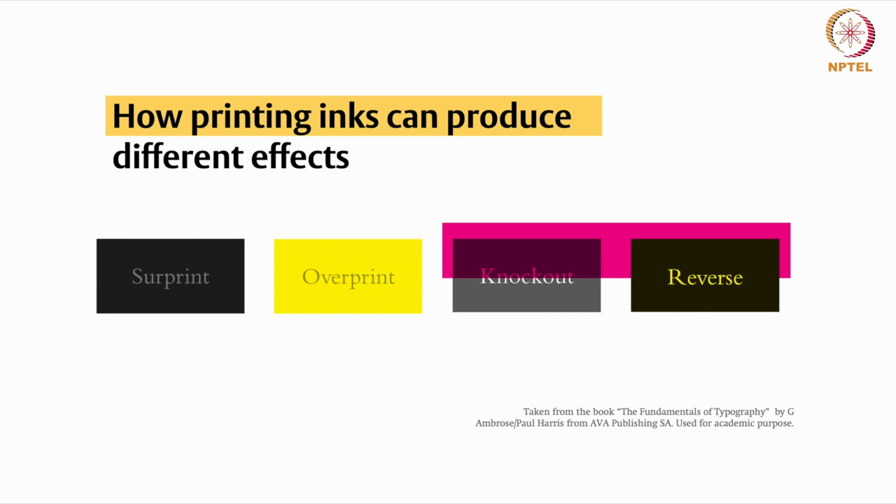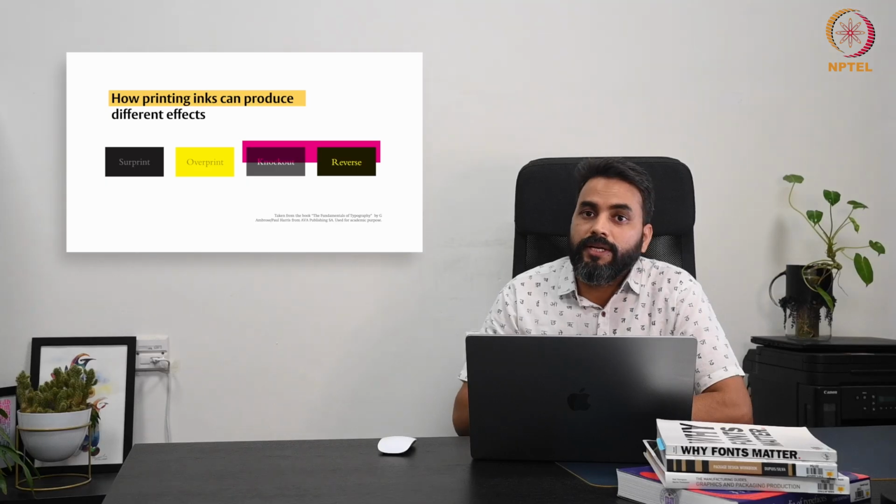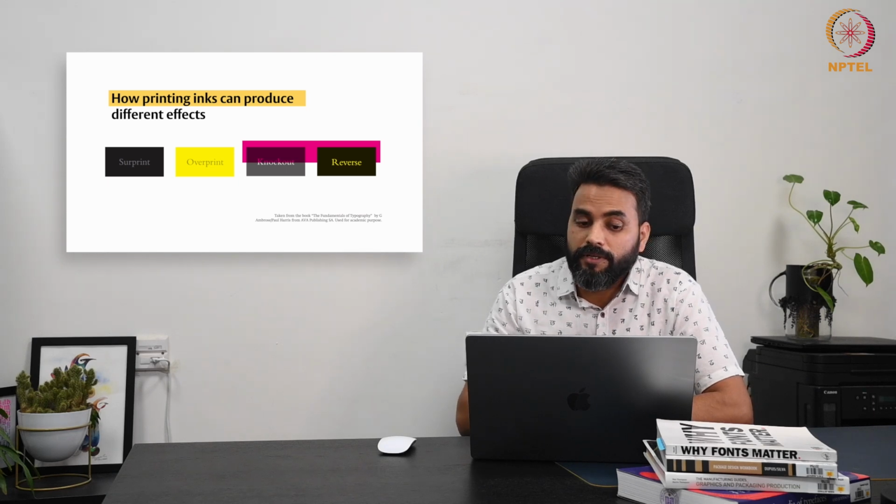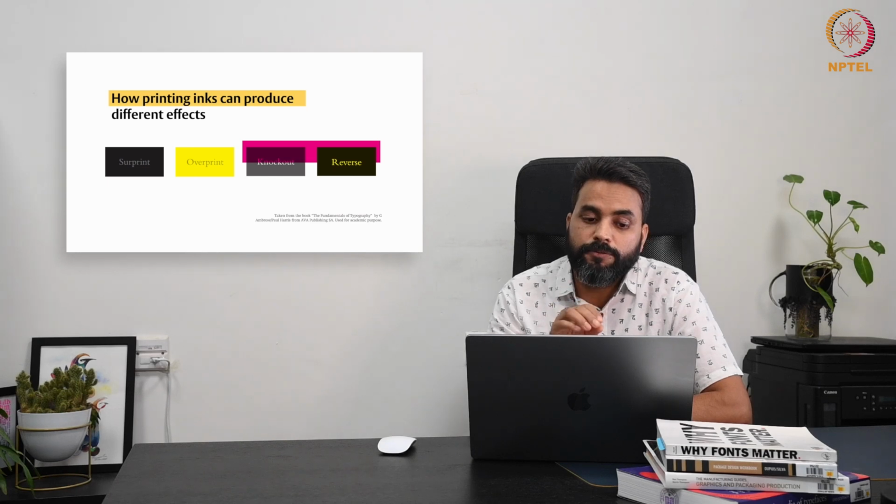In contrast to this, overprint occurs when one ink is applied over another ink. So it is something which is done in layers. Generally a darker ink is printed over the lighter one. In the previous one, in superprint, it is different. Now the lighter tint is printed on the darker one.